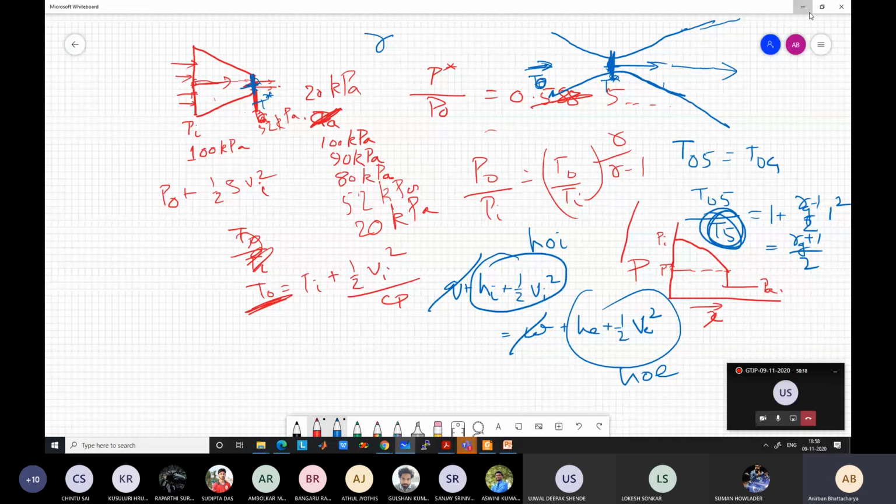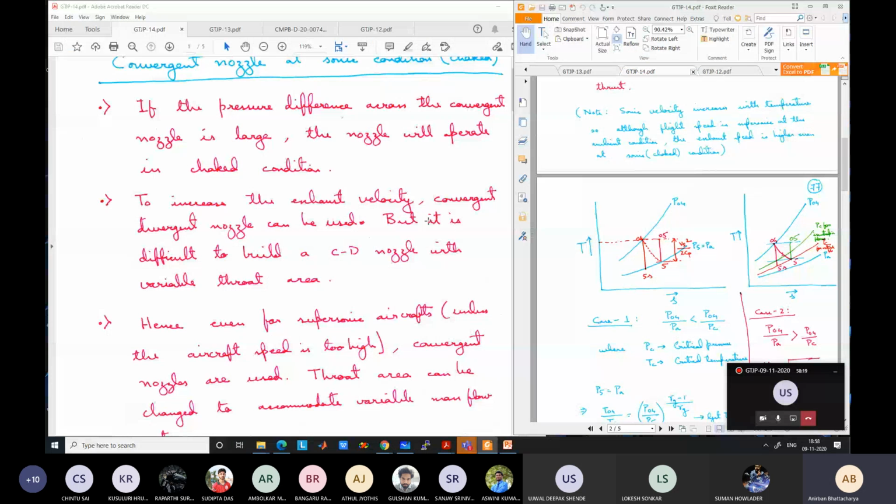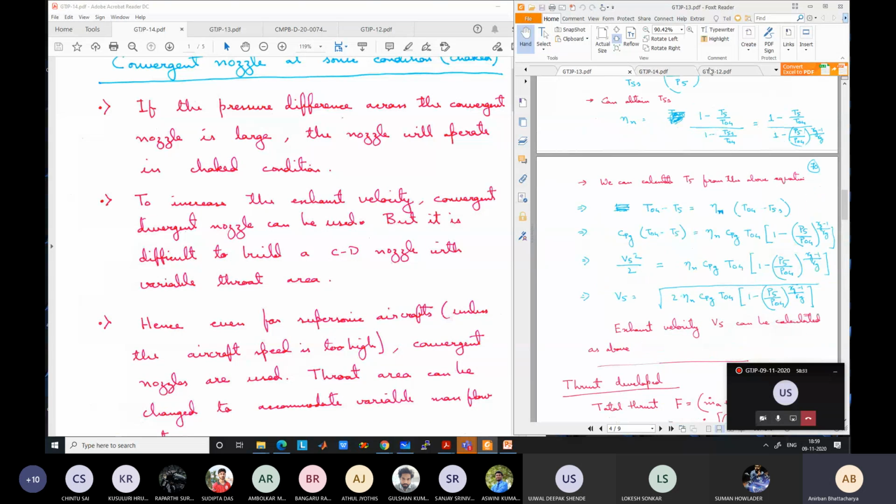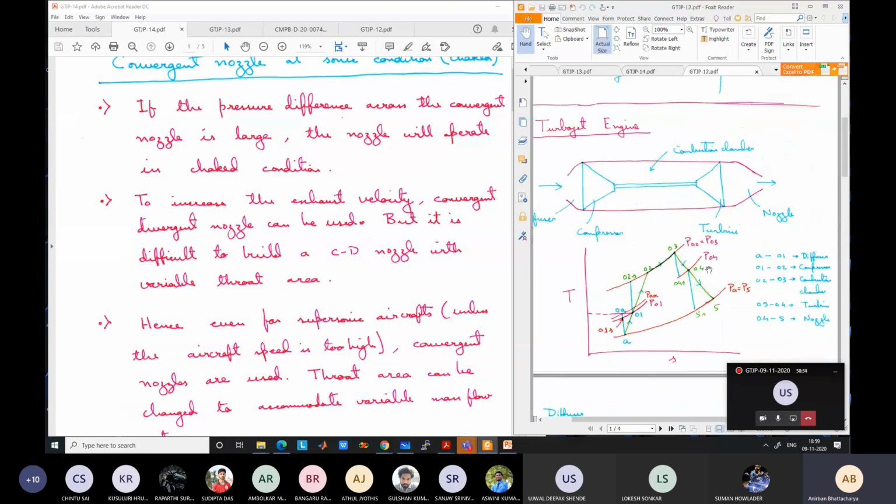That's why even for supersonic aircraft, although a convergent divergent nozzle would have been ideal, it would have given the highest exhaust velocity. Why would it have given the highest exhaust velocity? Because we could have expanded the gas